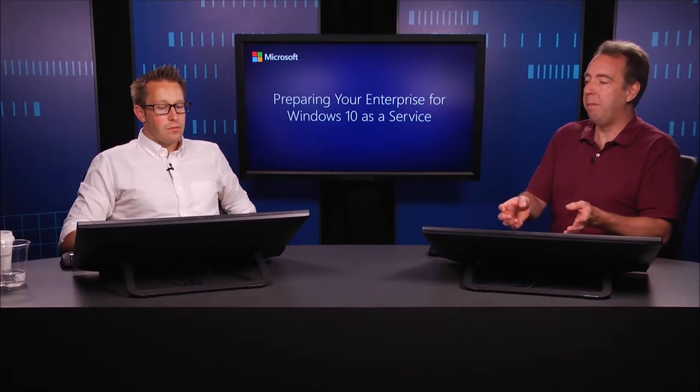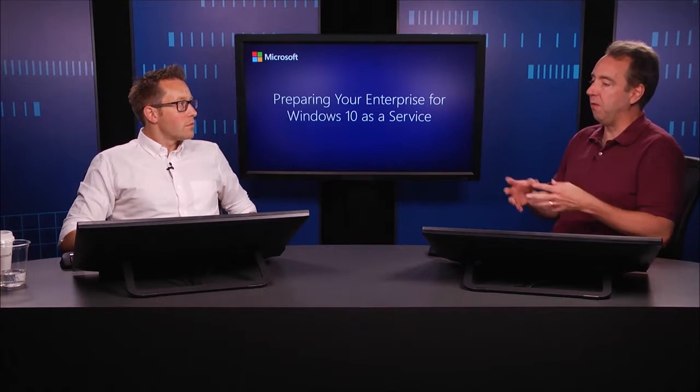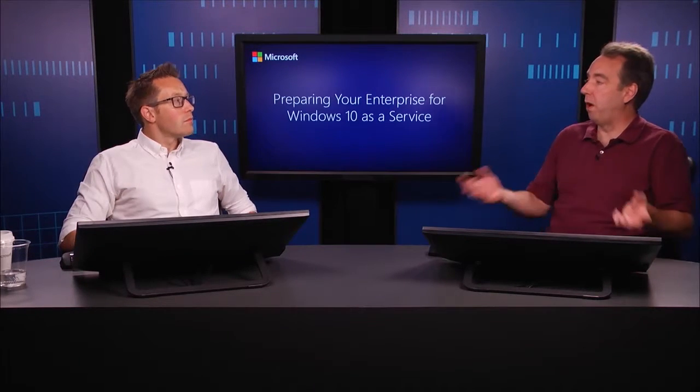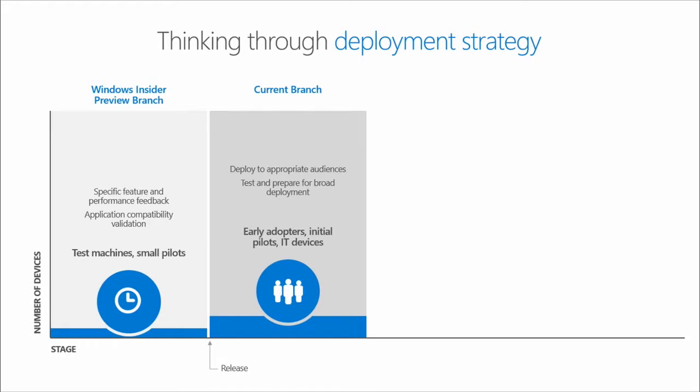After that period of time, once a version of Windows has finished going through the insider preview process and it hits current branch, you may want some percentage of machines there as well. Those are your pilots. Those are your early adopters. Those are the machines that you can use to validate that the new functionality works well within your organization, that your applications work well on top of it, and allows you to really do less of the upfront testing like we had talked about earlier this morning, and instead just do validation in real-world environments and let those early adopters and pilot users report on any issues that they encounter.